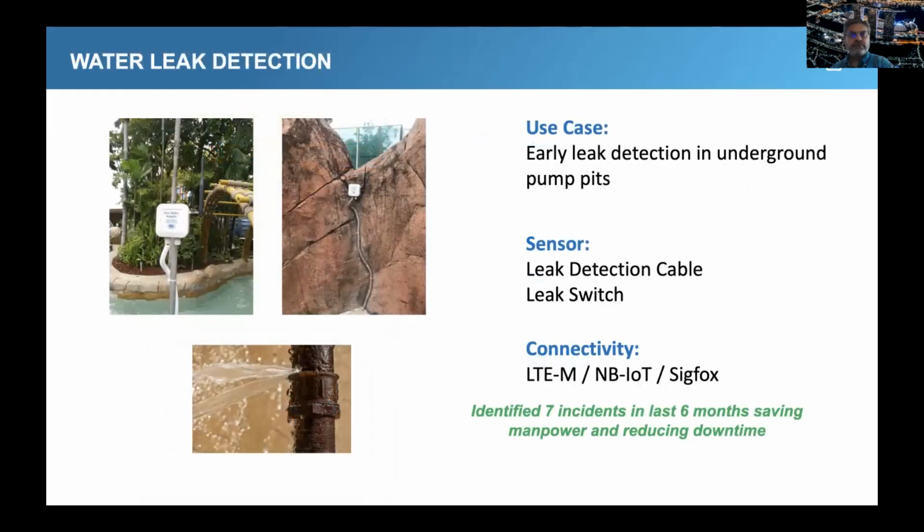This is at a theme park where they have a lot of water related exhibits and a lot of underground water pumps that need to be maintained well, because if the pump goes down, their top line gets affected. It's a water theme park, right? So previously they used to send people down to check the pump every few hours to ensure it's working, not leaking. But of course, with any manual effort, there are always lapses. So with this system, they were able to automatically get an early notification and then do corrective action before it leads to any major incident.